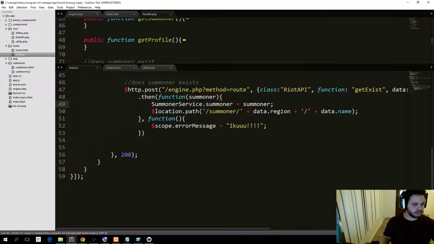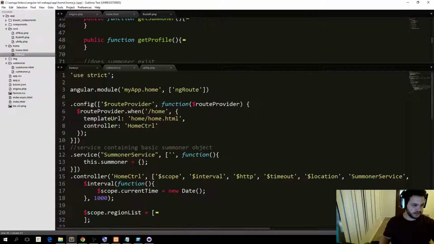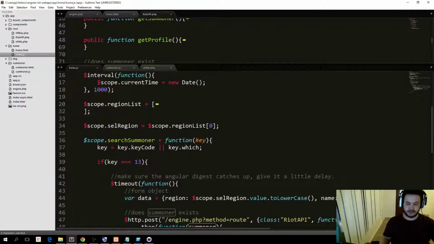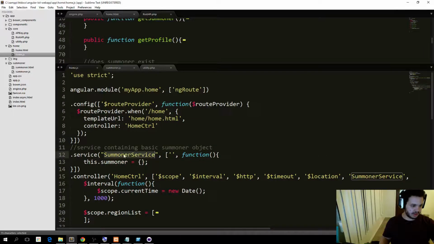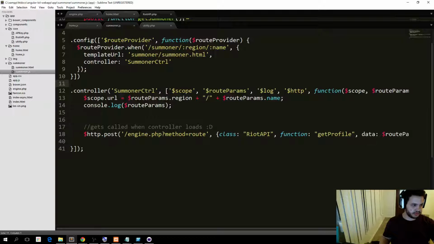Alright. So now this service contains a key summoner that's now populated with data I can use from any controller, as long as I include this controller or I want to use it. So if I go to summoner.js,